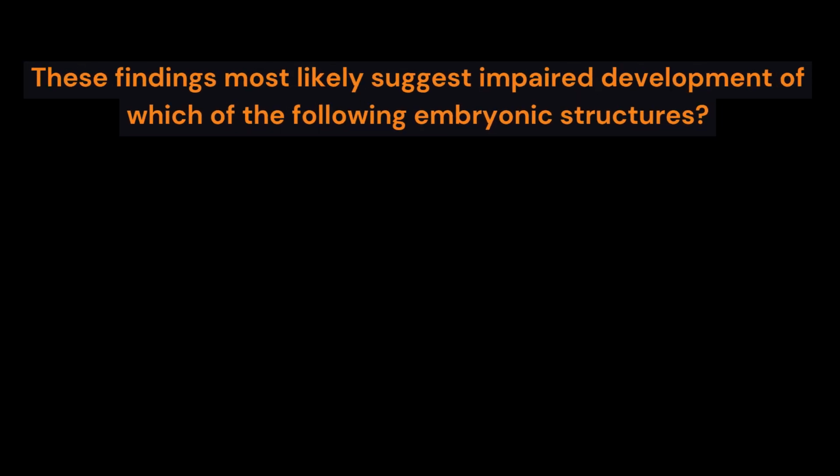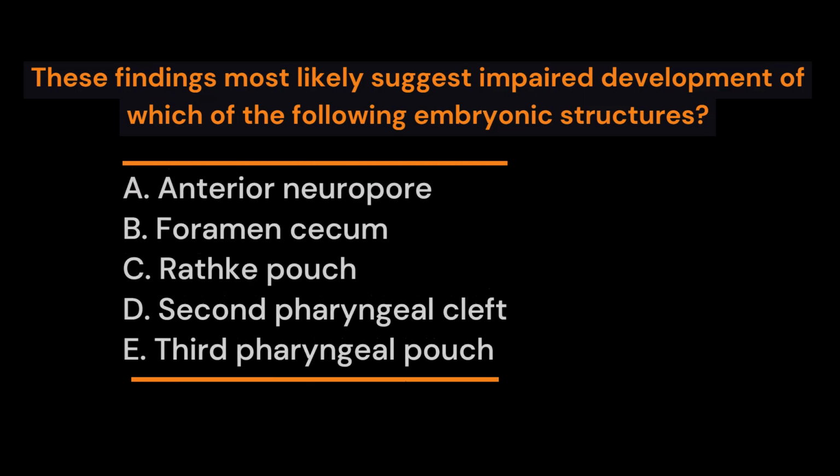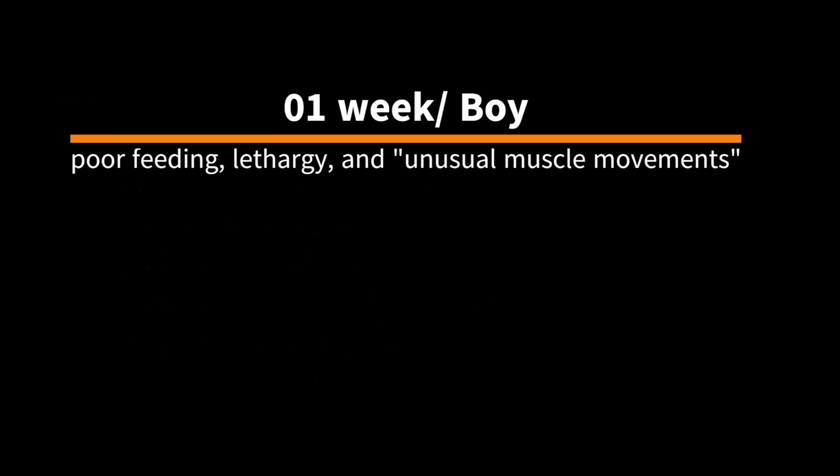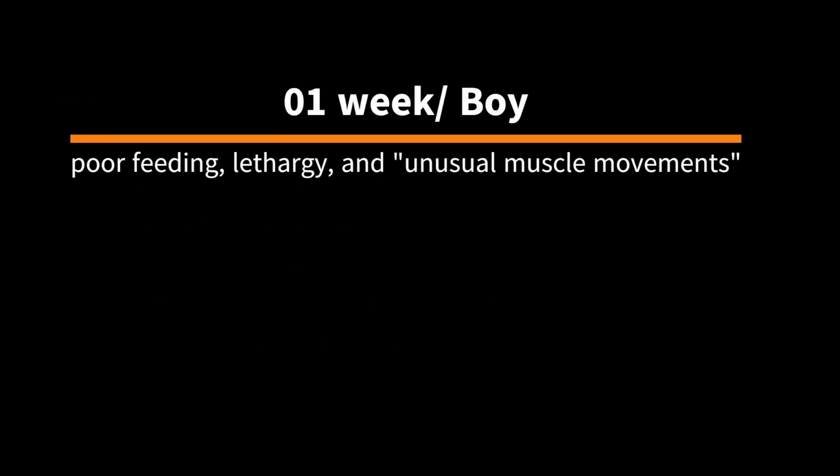For the following case, these findings most likely suggest impaired development of which of the following embryonic structures? A. Anterior neuropore. B. Foramen cecum. C. Rathke pouch. D. Second pharyngeal cleft. E. Third pharyngeal pouch. The case scenario is: a 1-week-old boy is brought to the emergency department with poor feeding,